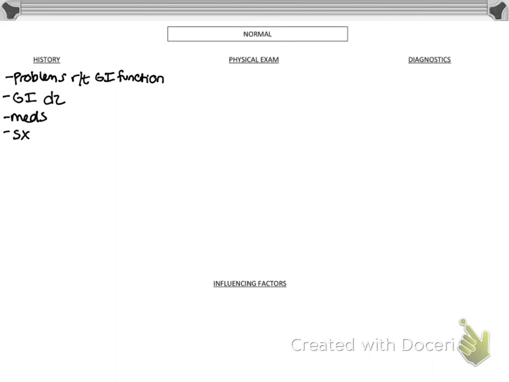Any past surgery? Do they have any allergies? What's their current nutrition like? How are they eating? Are there any foods that they avoid? Anything that gives them trouble? What is their elimination like? Some people poop 4 times a day. Some people poop every 3 days. Typically we don't like to go more than a couple of days without a bowel movement, but we want to know what's normal for you. How often are you going? Is this normal for you?